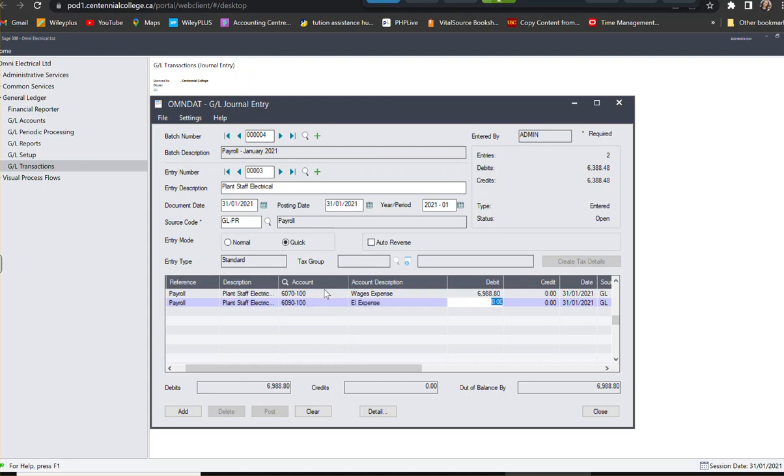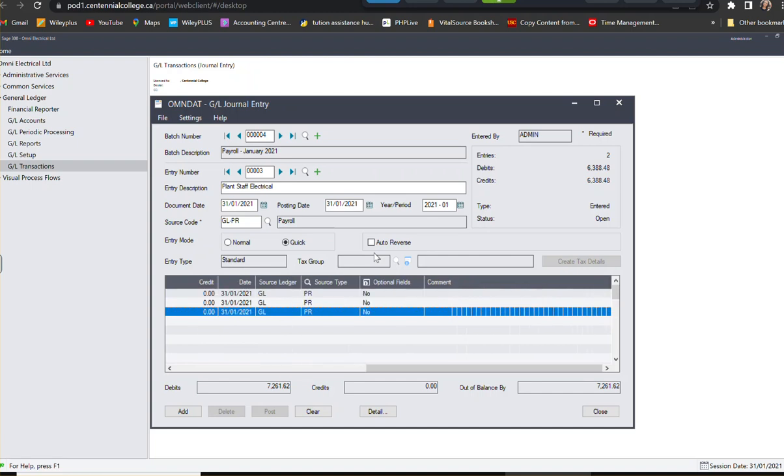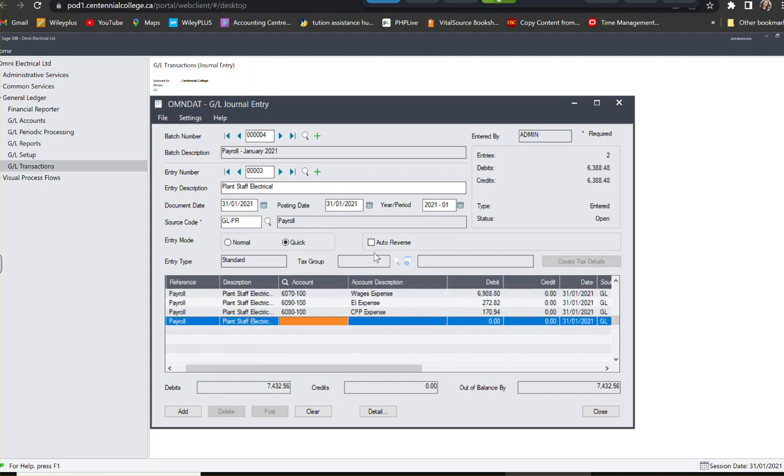And the next one is your second entry, 27 for the wages for the EI expense, 272.82. Move it over to the next line. My next account is 6080-100. And the amount is $170.94. Tab it over to the next one,